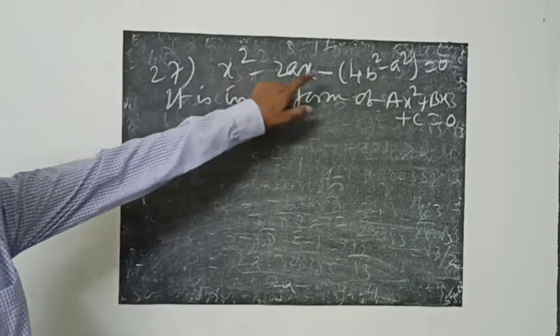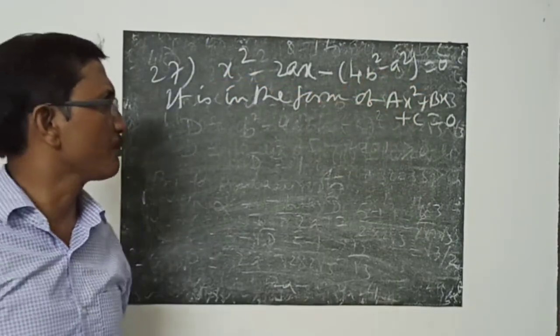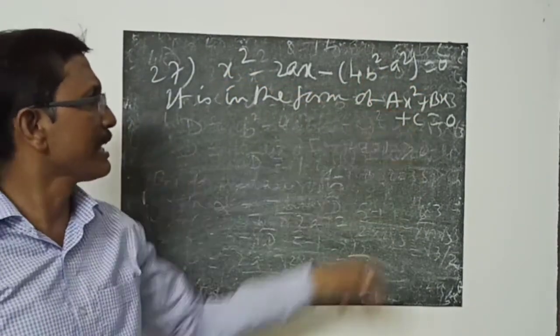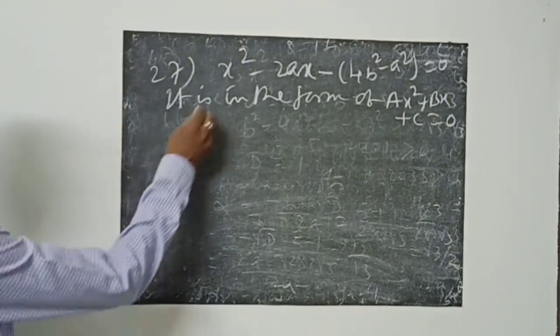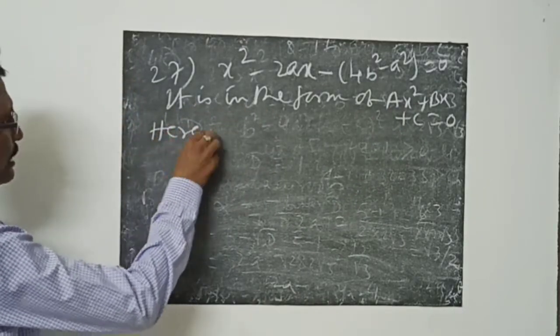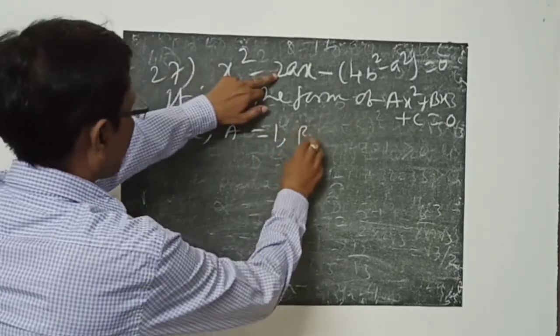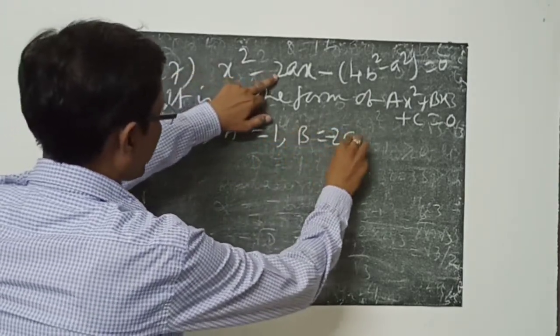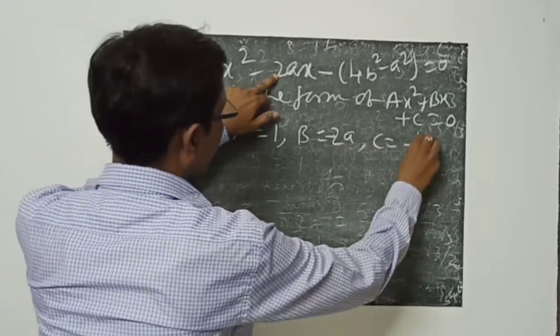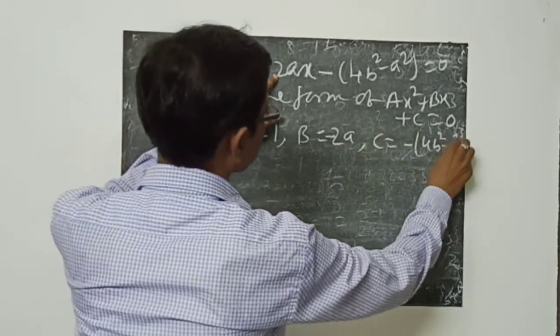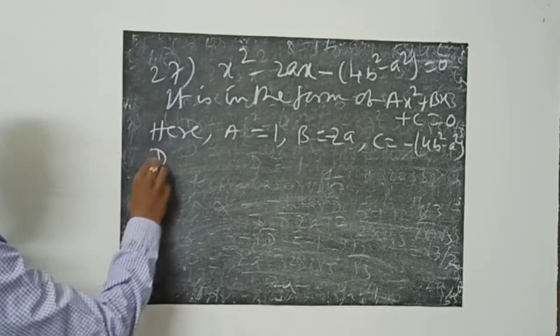Because here a, there a also, it will be mixed up, that's why the capital letters. Here it will be capital A equal to 1, capital B equal to minus 2a, capital C equal to minus 4b square minus a square. So first D equal to